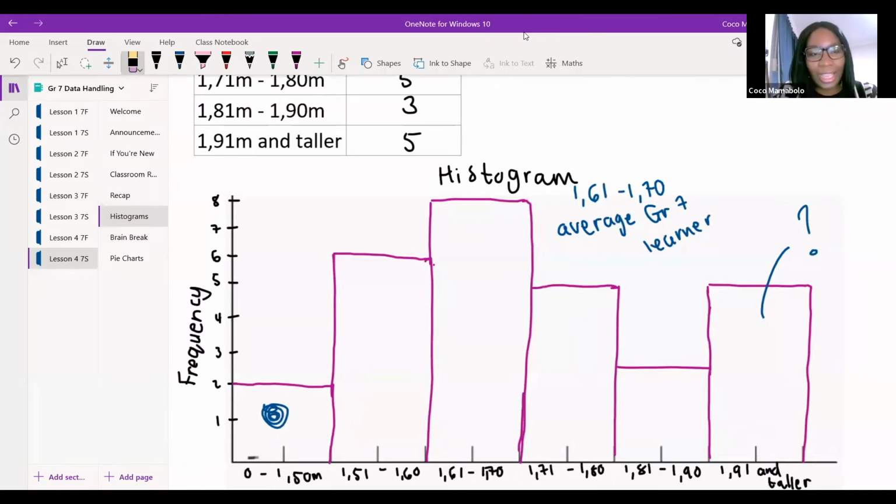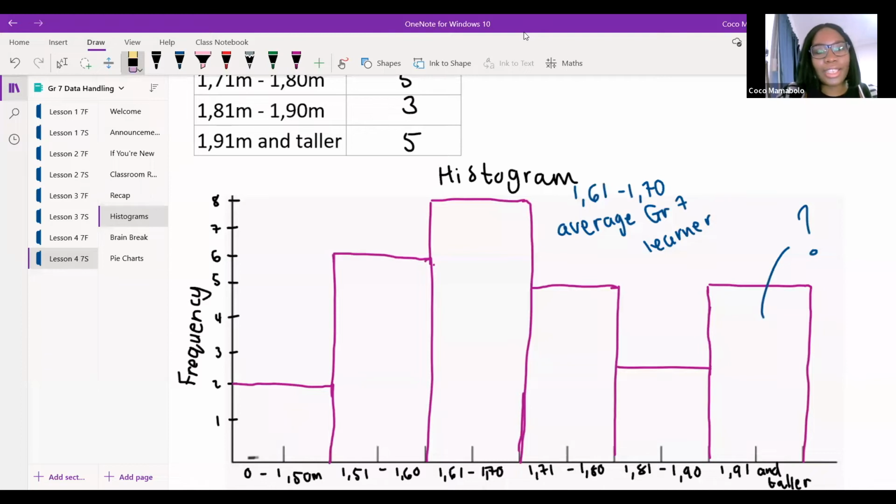Do we understand what we mean when we say a histogram compares data sitting right next to each other? Bonolo says yes. Those of you who are super, super tall, I think we just have a large amount of tall people in this class. That's all. Our sample is very biased. I think we have a very weird sample in this class. I feel like if we made our sample a little bigger, like all the grade 7s at one particular school, we might see something a little different. But yeah.